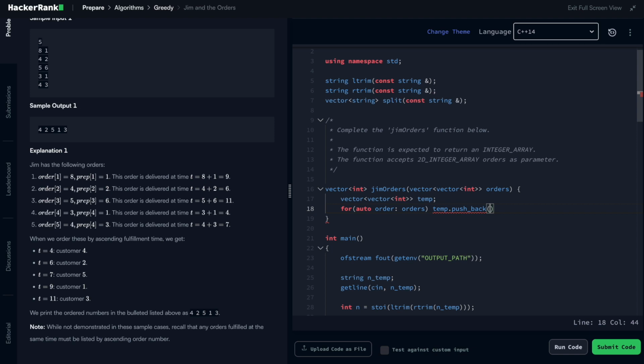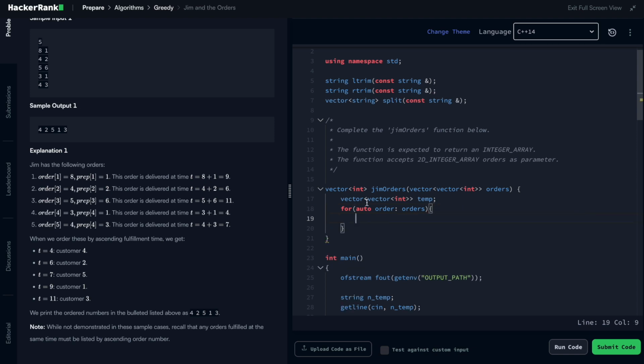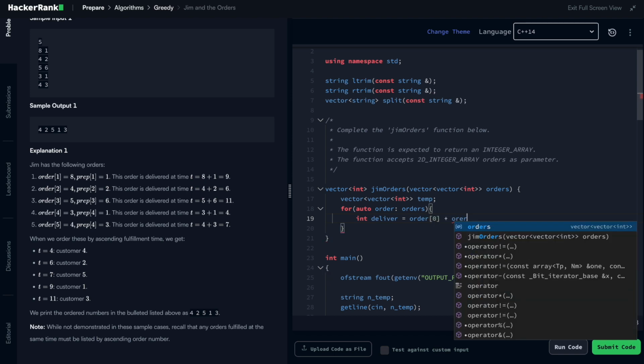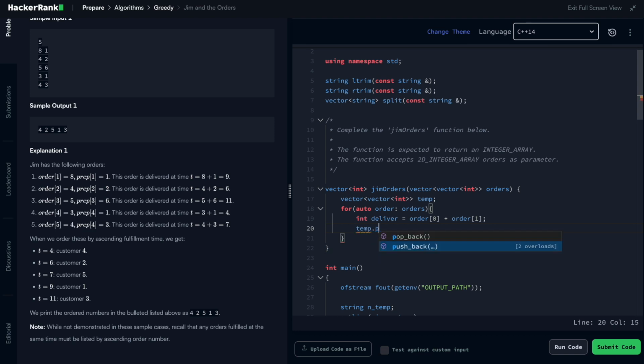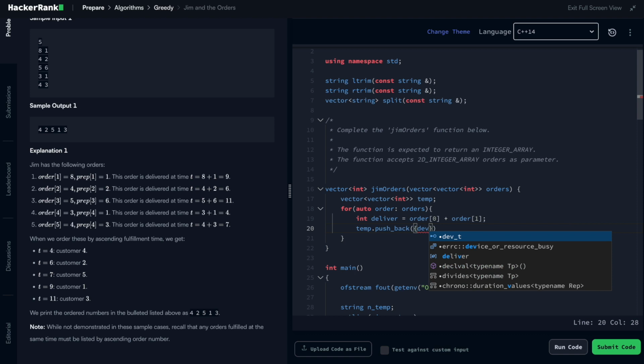What will I push? I need to make a little bit of computation because I don't want to do it directly. So I will say int deliver, the deliver time, that will take order of 0 plus order of 1. And then once I have this, I will say temp dot push_back of: the first value is the deliver time, and the second value is actually